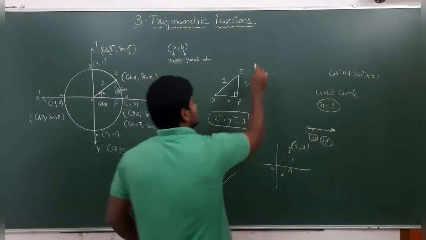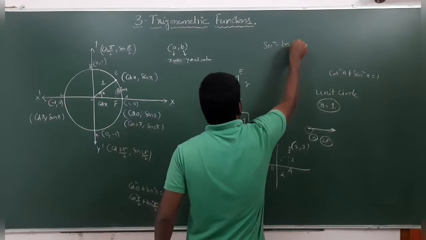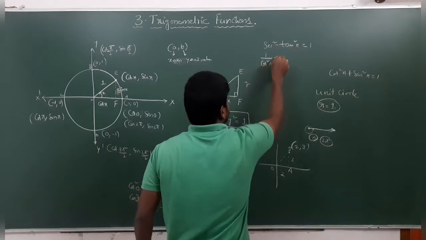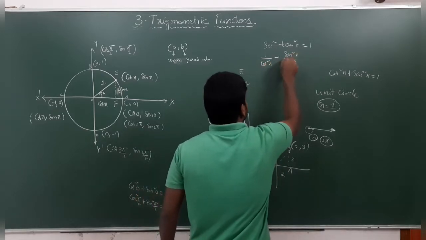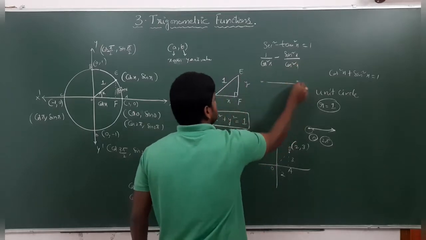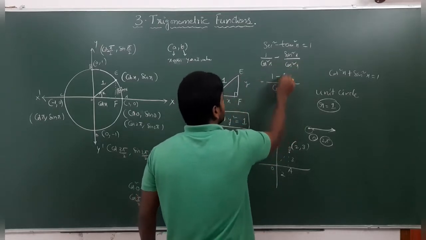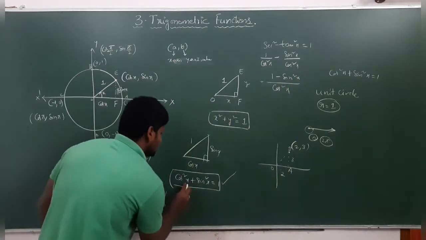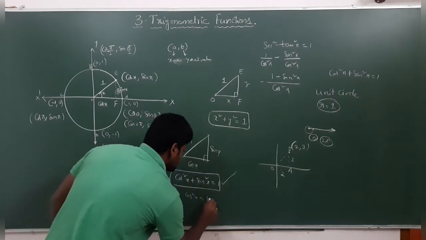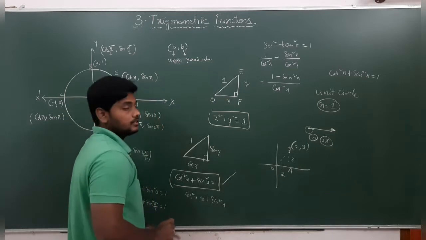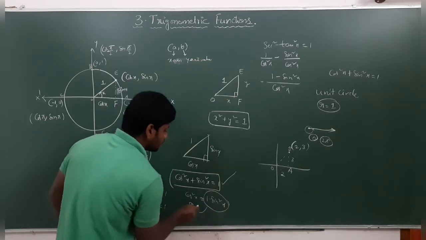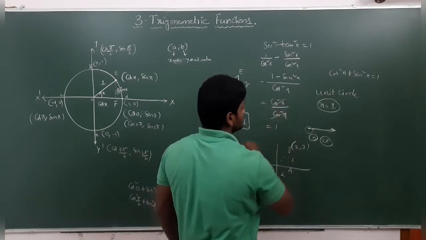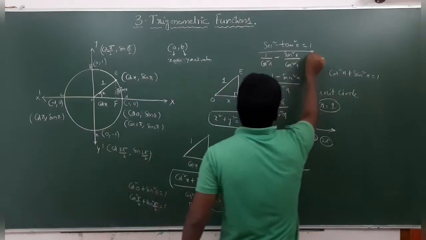And also, why is secant square x minus tan square x equal to 1, guys? Because secant square we can write as 1 by cos square x, and tan square x we can write as sin square x by cos square x. Here LCM is cos square x. So the numerator is 1 minus sin square x. If you observe, cos square x plus sin square x is equal to 1, so we can write cos square x is equal to 1 minus sin square x. So instead of 1 minus sin square x, what can we write? Cos square x in that numerator. So again it will become cos square x by cos square x, which is equal to 1. That means the second trigonometric identity is also verified.